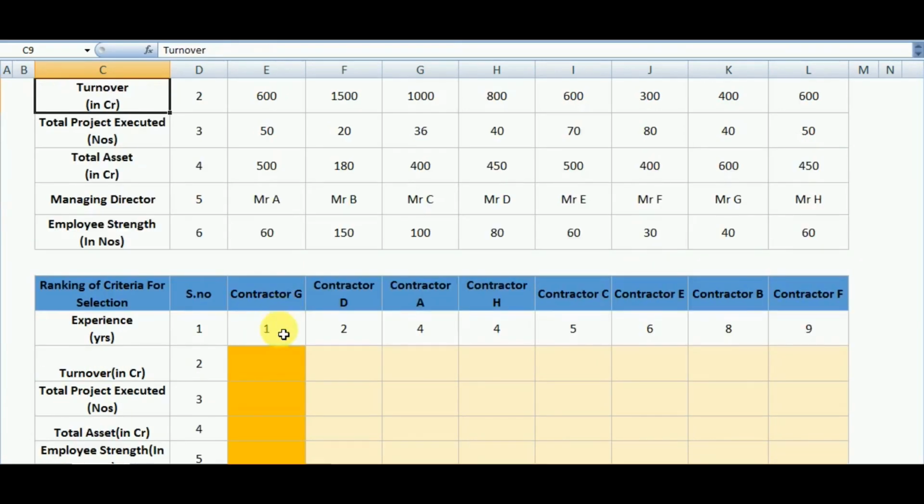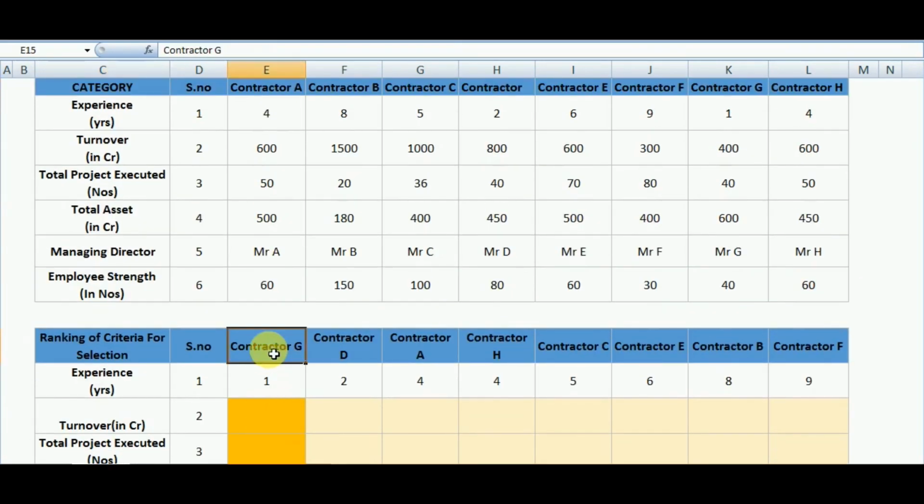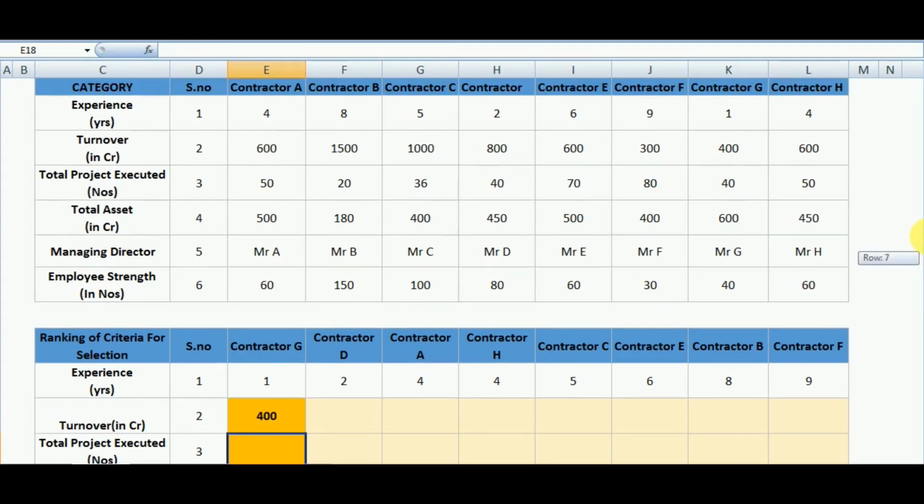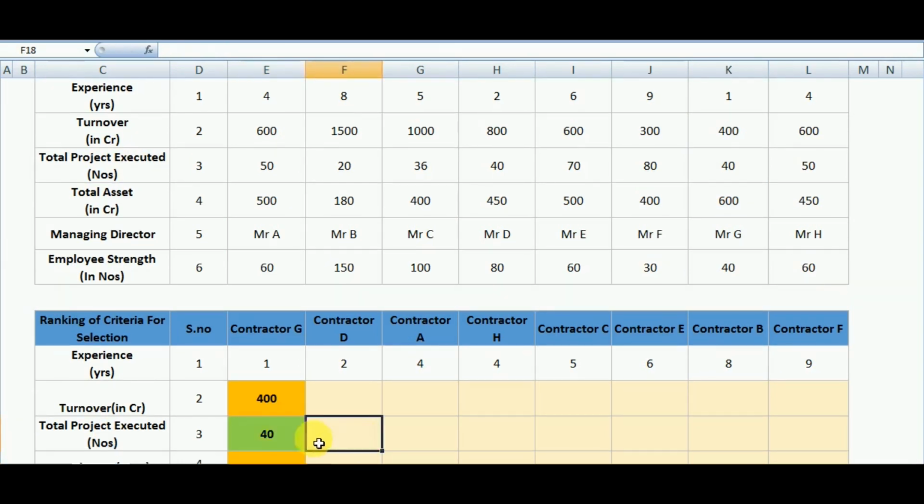That means if I look up the value of turnover for contractor G, then the name contractor G is to be taken from the below table and its turnover value is to be taken from the above table. That means for contractor G I have to look up the turnover value from the above table. Now if we do it manually, it is going to take a lot of time, and hence the HLOOKUP command can be very useful in such a situation. Here we will see how we can implement it and get the solution within a fraction of a second.